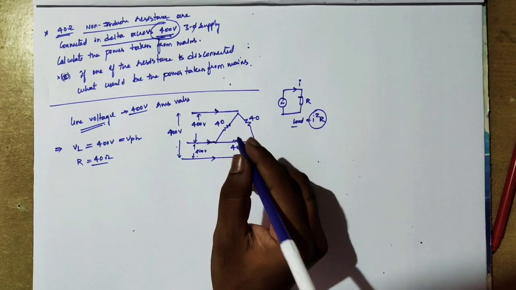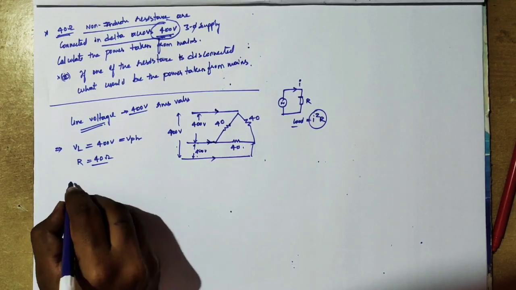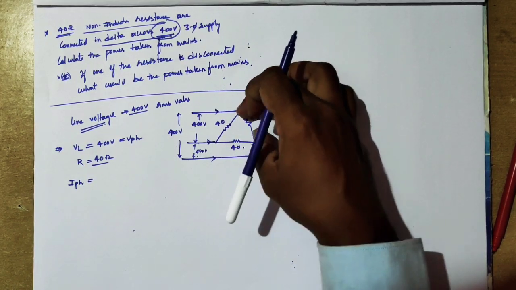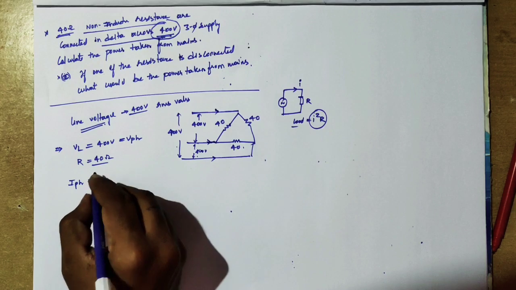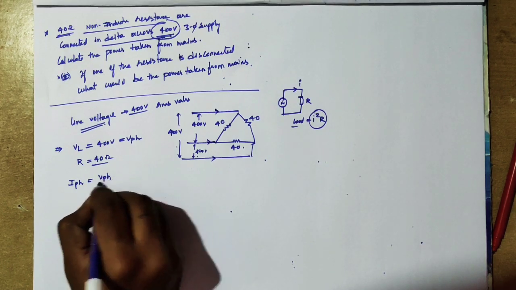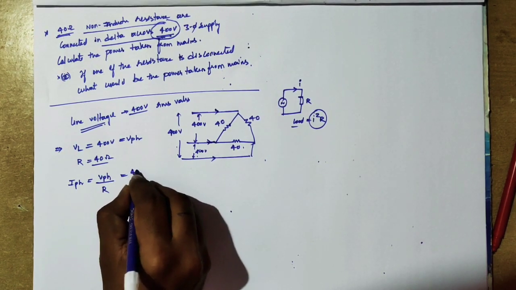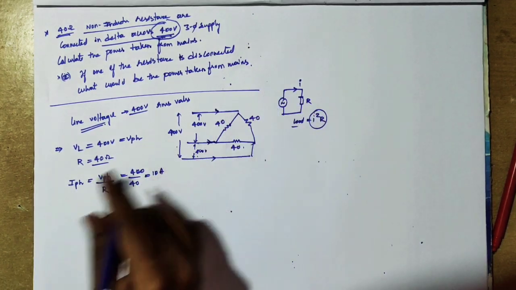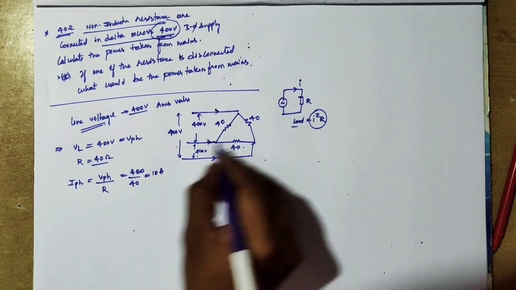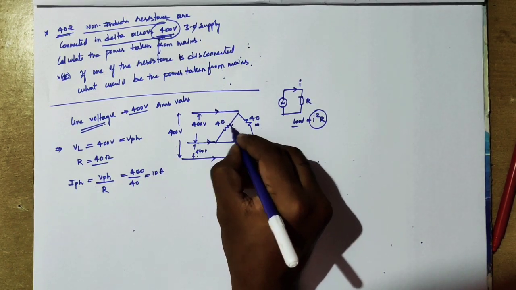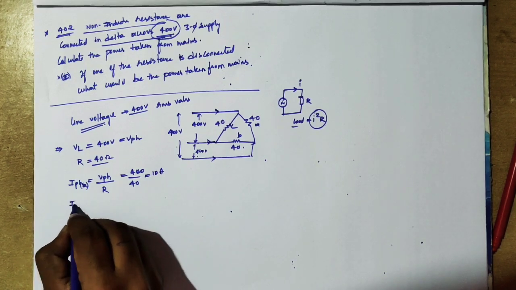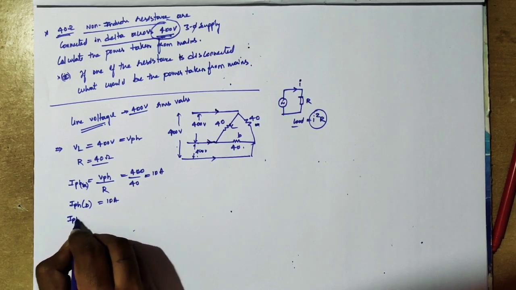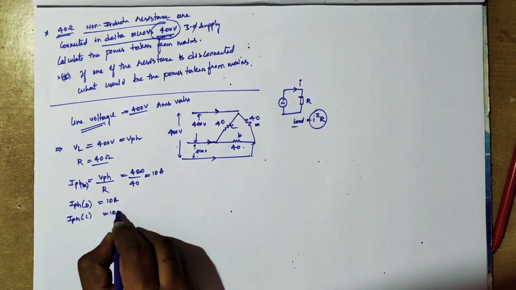I'll explain now. So now the phase current, what is the phase current? It is drawing. So phase current means current drawing from this phase and this phase and this phase, that is V phase by R. So what is the value of V phase? So this is the 10 amps flowing. So each individual flows will have the same. So I phase A, let us say this is A, B, C. I phase A, I phase B is also 10 amps, and I phase C will be also 10 amps.